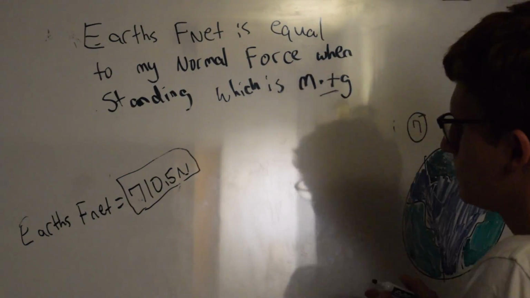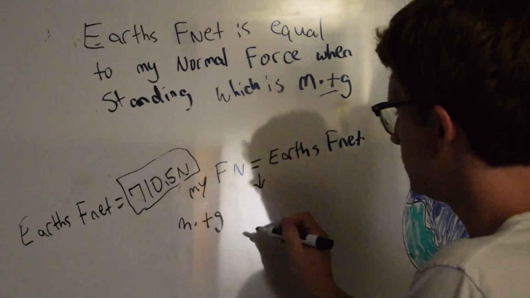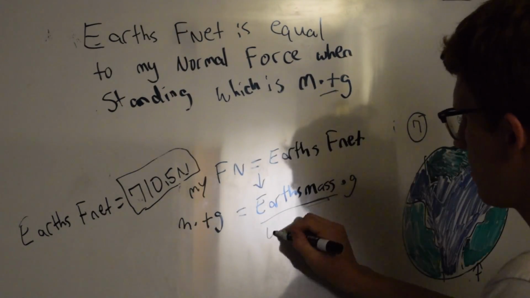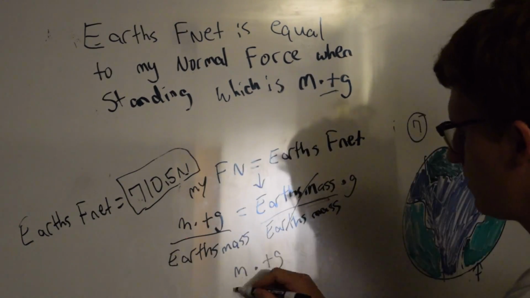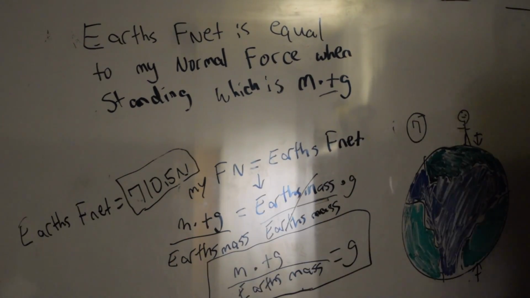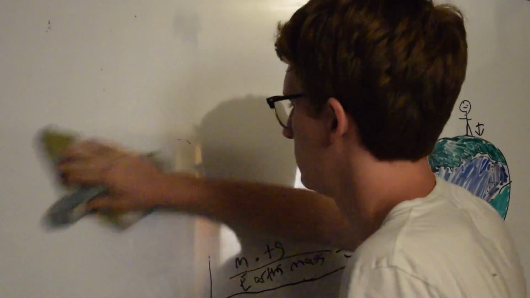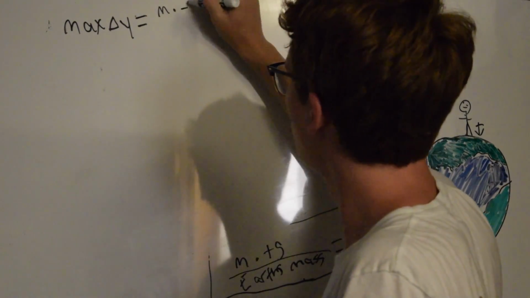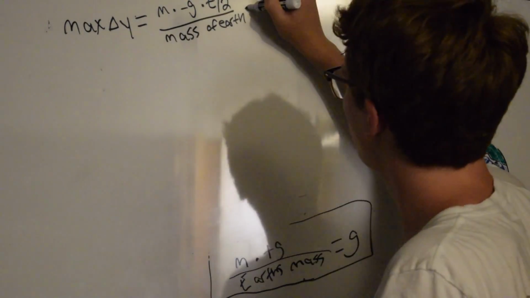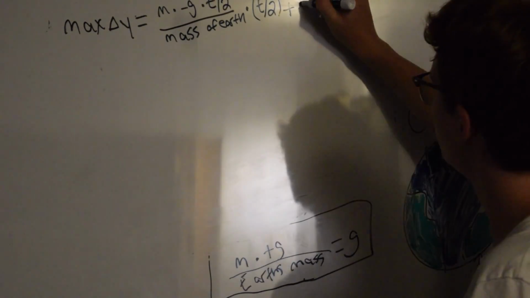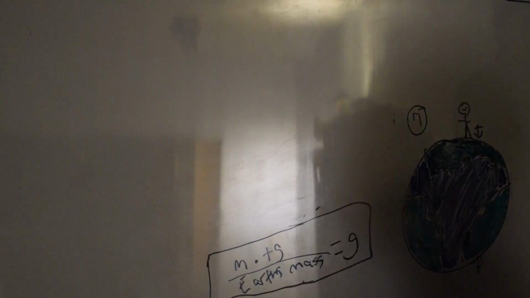So my net force, which Earth's net force is equal to, would be mass times the gravitational pull, but positively. Then dividing out Earth's mass would give us the gravitational pull Earth feels to me while I am in the air. So then plugging this in